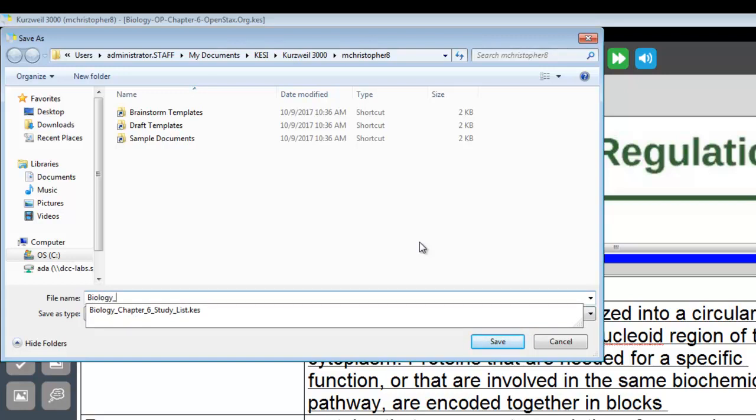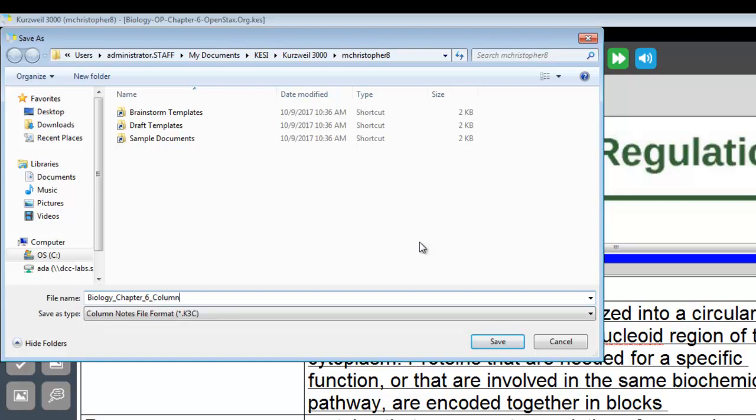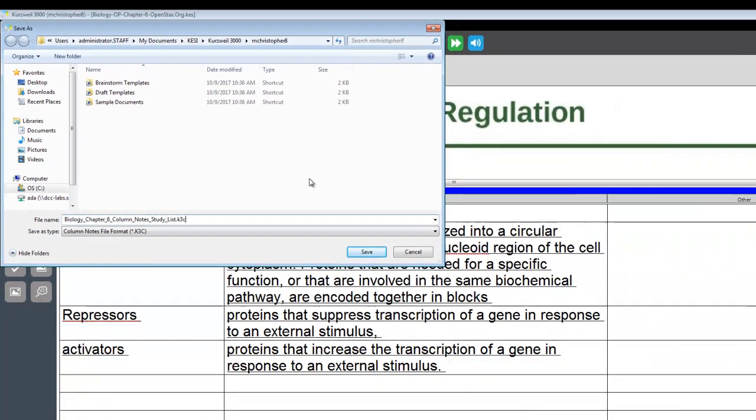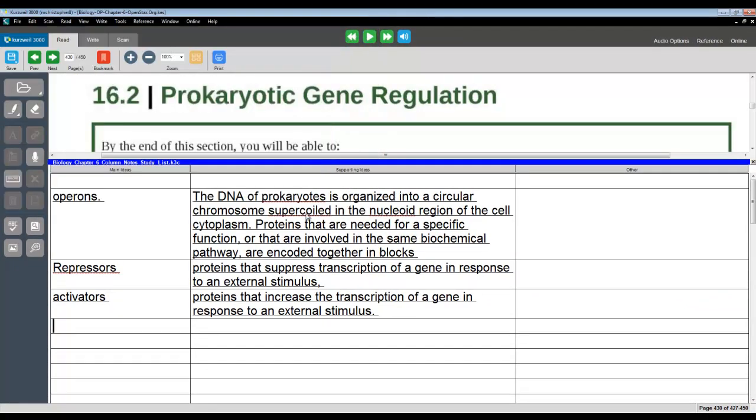In this example, we save our new column notes file in K3c column notes format with a file name that reflects the related course and chapter from which we are currently studying. For example, biology_chapter_6_column_notes_study_list.k3c. While working with a column notes file, you may want to add or remove rows, change column header names,